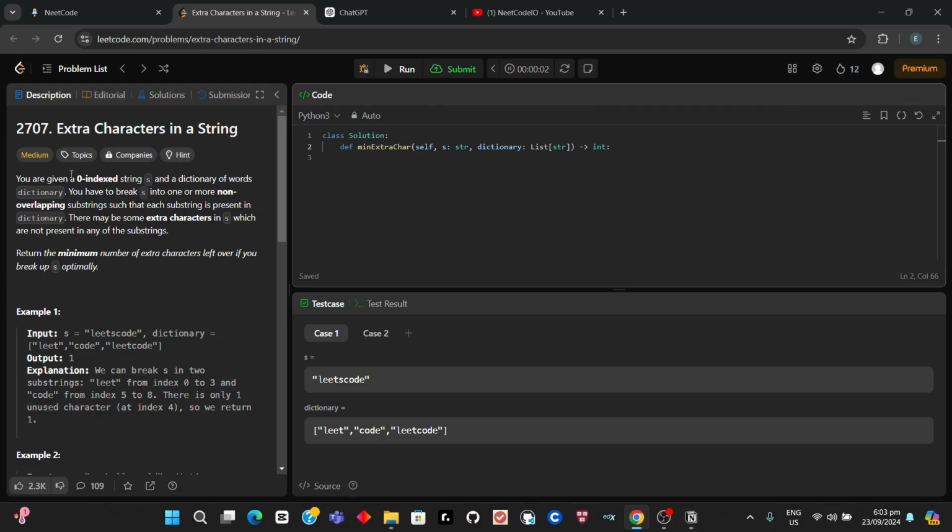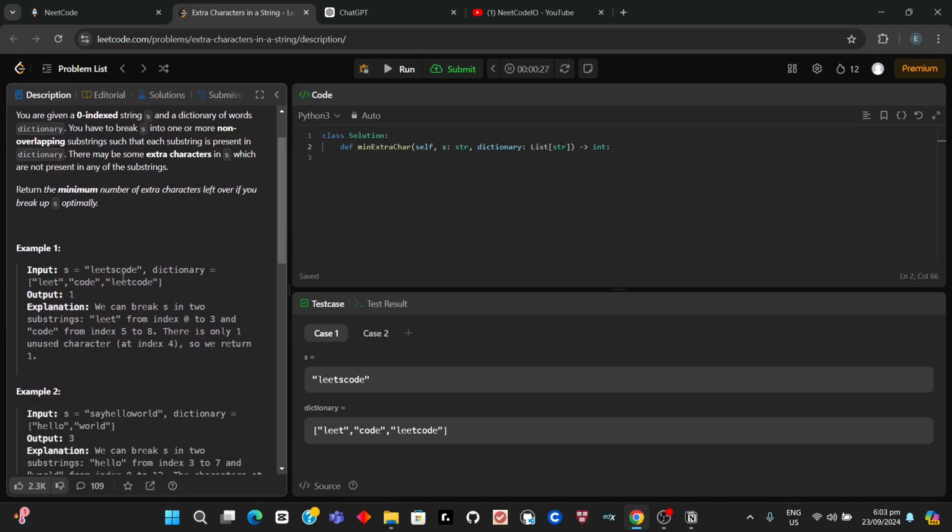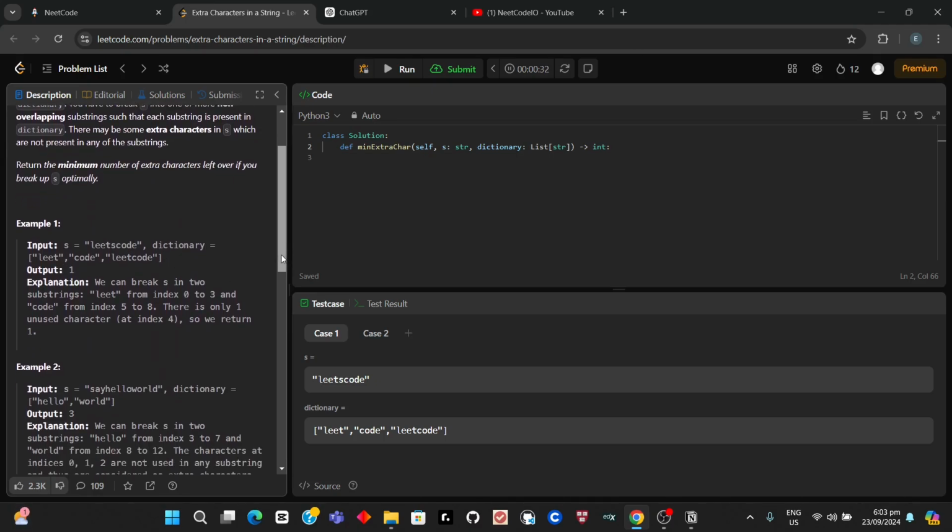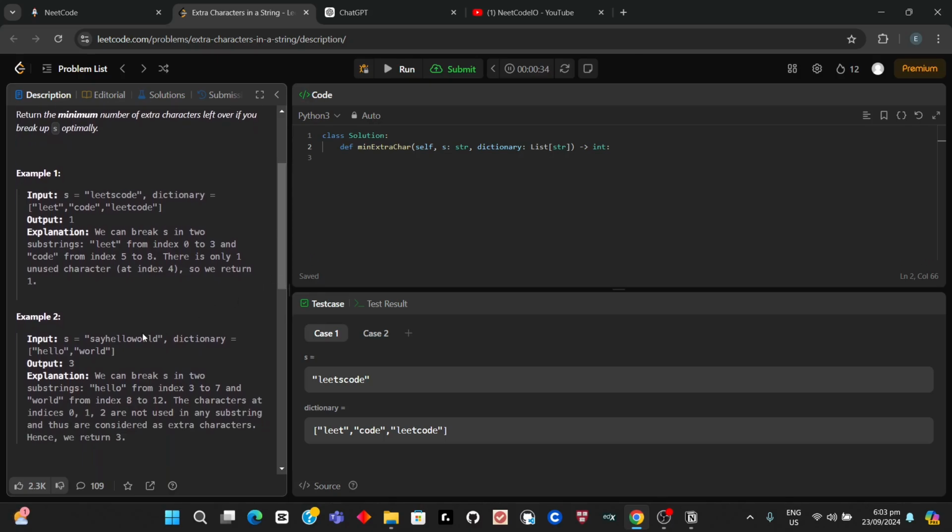Extra Characters in a String. I am given a zero-indexed string s and a dictionary of words. You have to break s into one or more non-overlapping substrings such that each substring is present in the dictionary, with some extra characters in s which are not present in any of the substrings. Return the minimum number of extra characters left over if you break up s optimally. Example: s equals leetscode, dictionary equals leet, code. So basically, this thing,